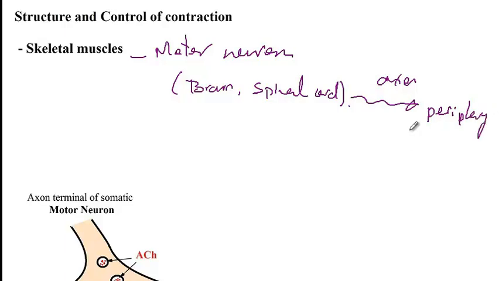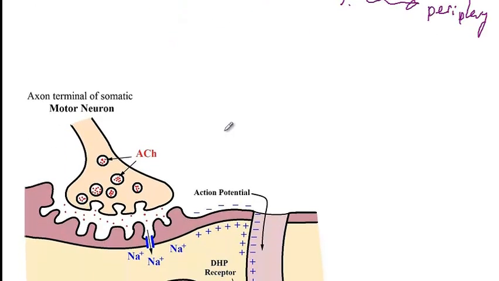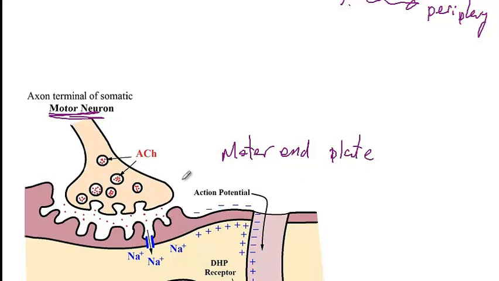The ending of these axons is called a synaptic bulb. So here you can see that we have a synaptic bulb, which is the ending of the axon for a motor neuron. And these synaptic bulbs lie very close to the surface of the muscle fiber, and this surface is known as the motor end plate. And then the space between the synaptic bulb and the motor end plate, so here we have the synaptic bulb and then the motor end plate here, the space in between is called a synaptic